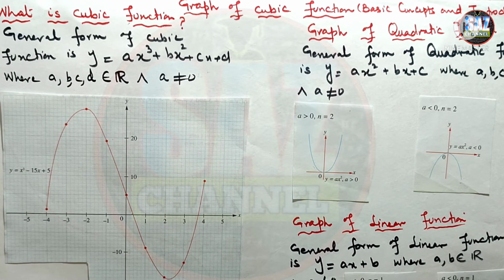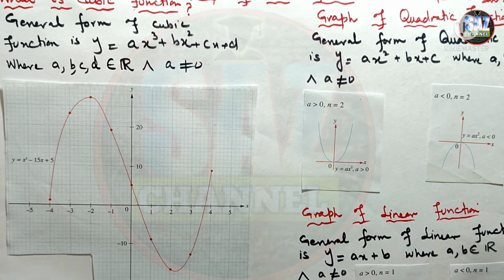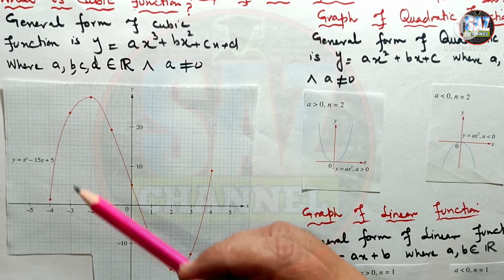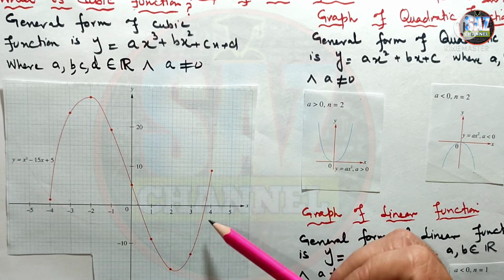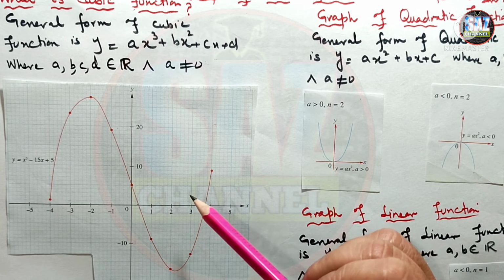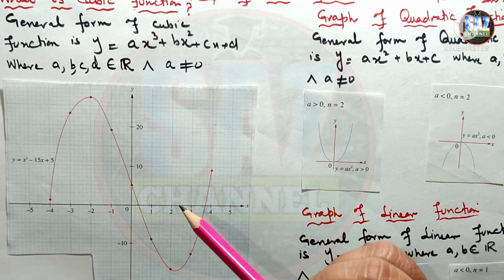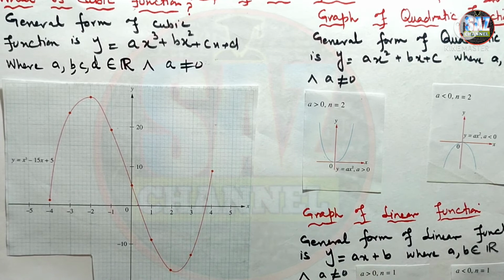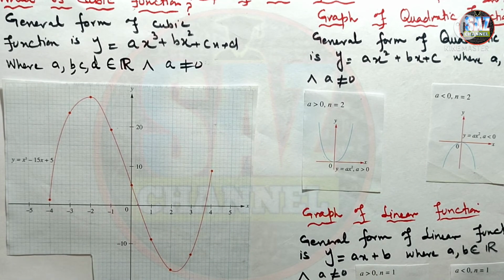So for the cubic function, my students, you should keep in mind that the sketch is somehow two parabolas joined together. When you are drawing the graph of a cubic function and you are not finding this feature in your graph, it means that there is some problem with either the table values or the plotting of points. So you have to recheck the table values and the points that you have plotted